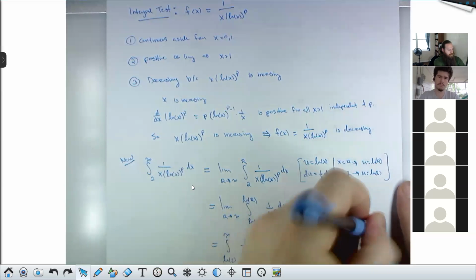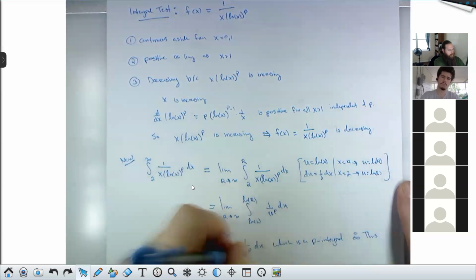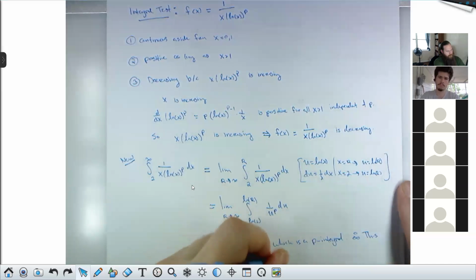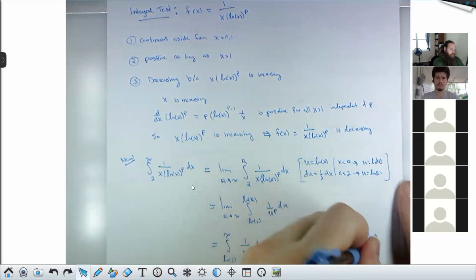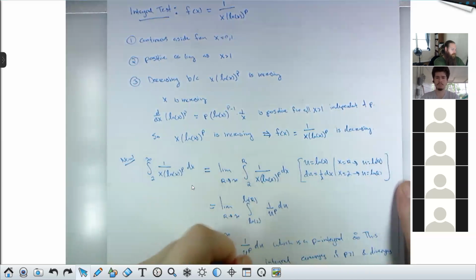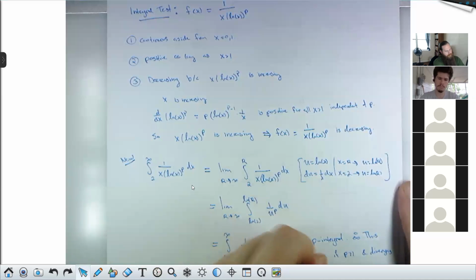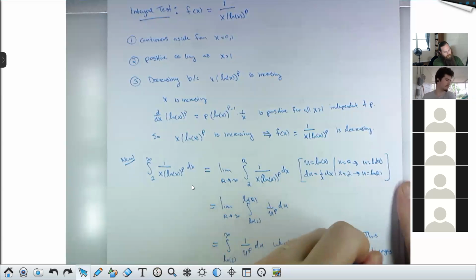Therefore, this integral converges if p is bigger than 1 and diverges if p is less than or equal to 1. Hence, by the integral test, the series